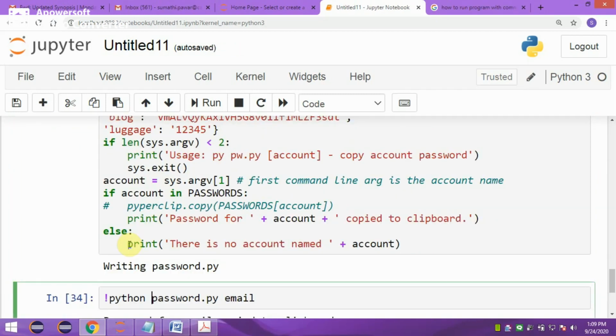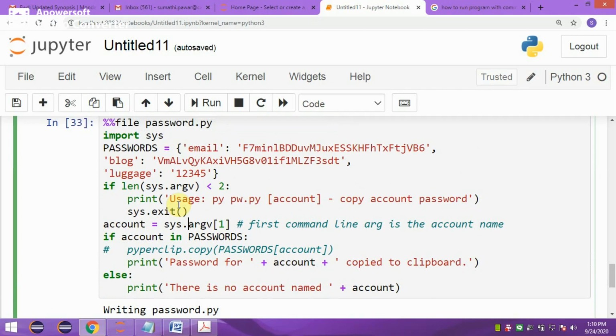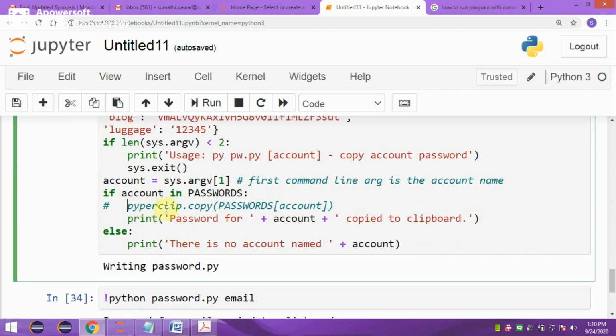There is no pyperclip module available in Jupyter, therefore import sys, pyperclip module is giving an error. I have removed that pyperclip module and commented this line. Okay, pyperclip.copy, I commented.